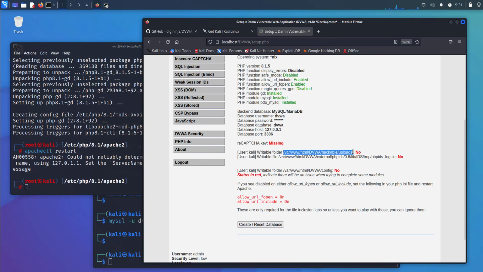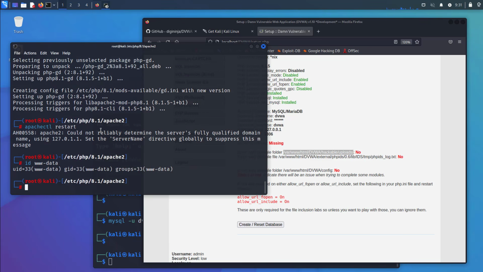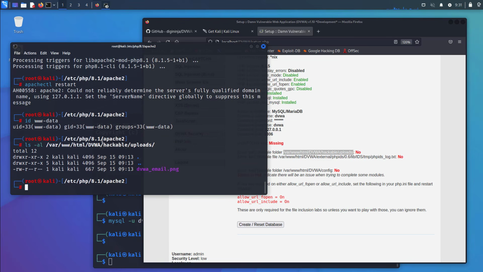This directory is not writable. Two ways to fix this: the correct way or the lazy way. The correct way is to use proper Linux permissions. The web server is running as the www-data user. If we look at the directory uploads, you'll see that's currently owned by the Kali user. So in a good world, what you would do is chown, which is change ownership,